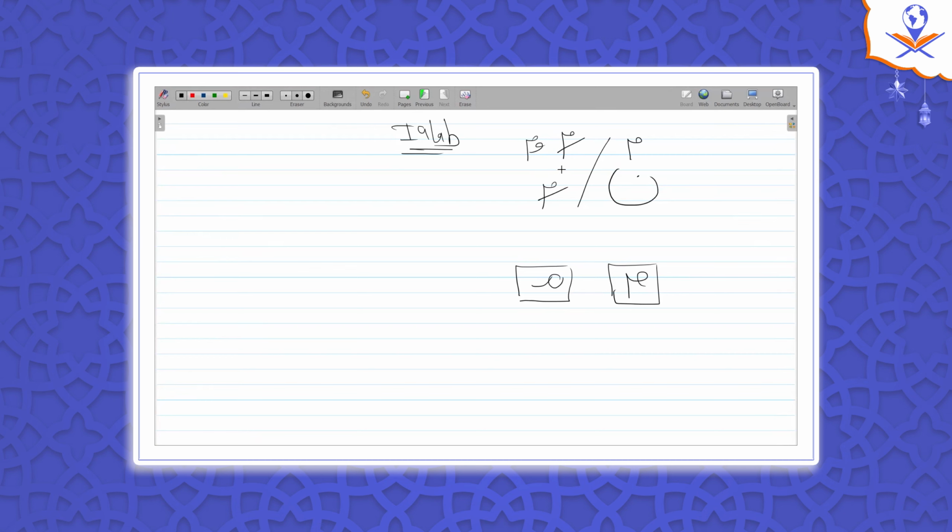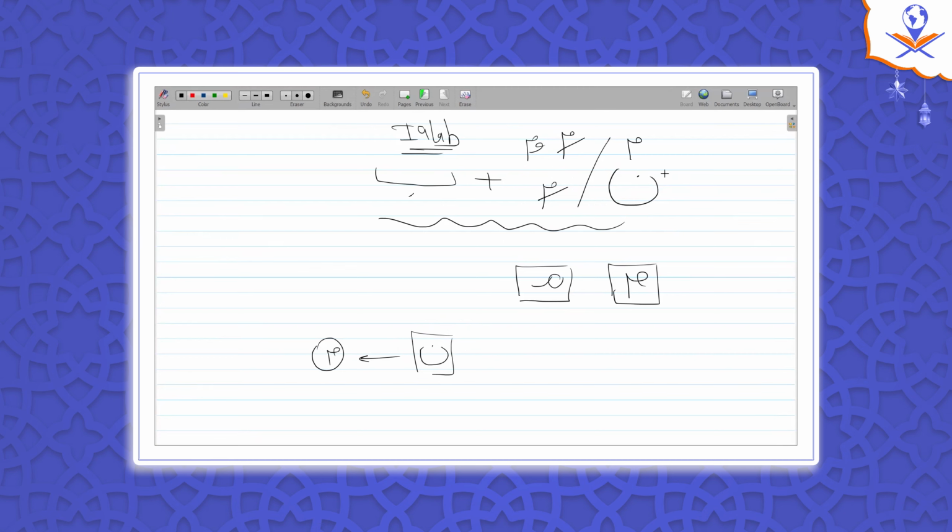Why do we choose meme to be the sign of إقلاب? Because we simply change noon ساكنة into meme, right? Remember, this is what إقلاب means: changing noon ساكنة or tanween into meme. When should we do this? In case the noon ساكنة or tanween is followed by the letter باء in one or two words, just it.